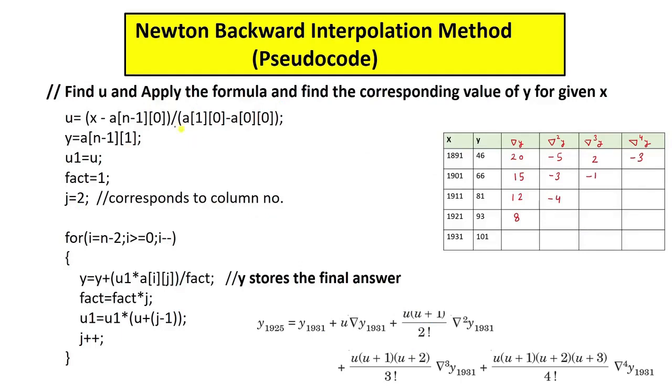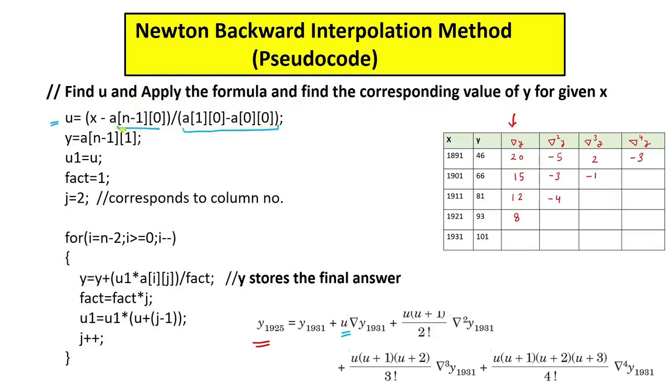So here is our formula. So here you can see the formula is this one that we have discussed, and this is the difference table. So in this formula we have to first find the value of the u that we have to put. So here you can see u is x minus a, this is actually the value of the a, upon the value of the h, that is the interval gap.